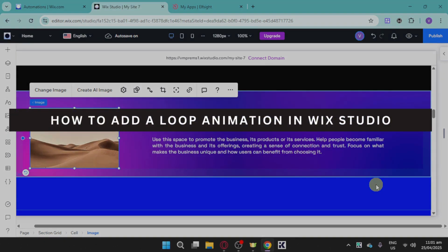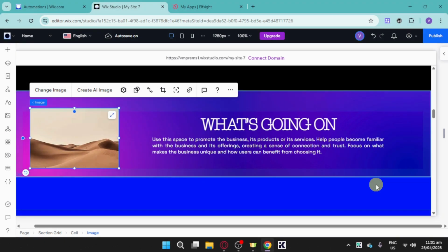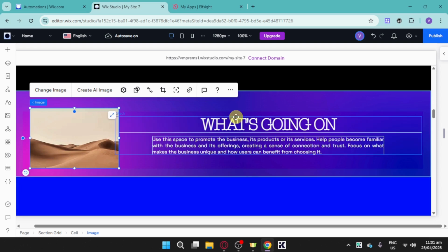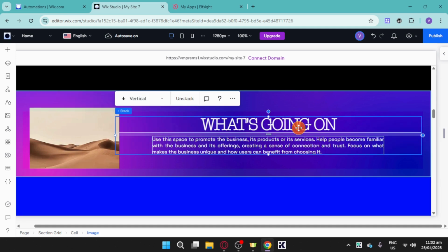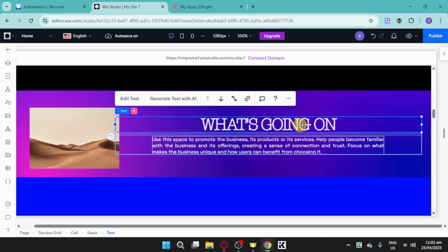How to add loop animation in Wix Studio. So in order to add a loop animation, what we can do is head over and choose in here either an image, a text, or a button. From in there, just click on what you want to actually select, and click onto this